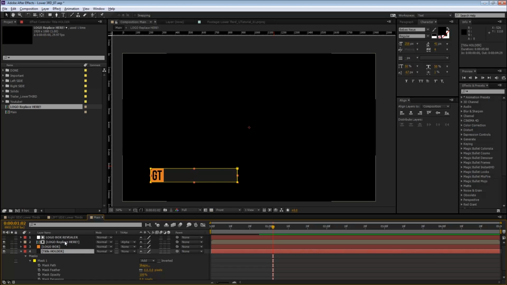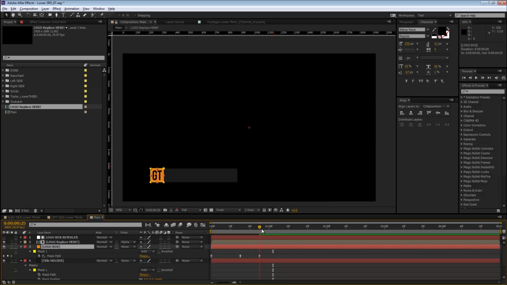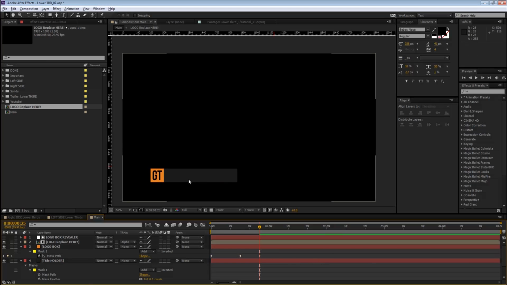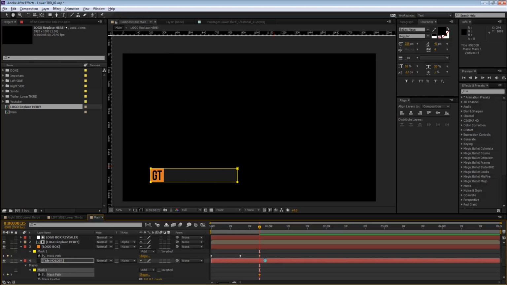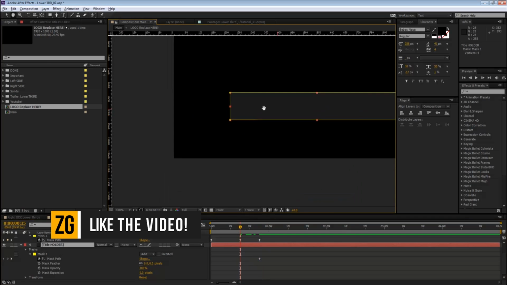But one tip right here is don't do things recklessly. What you can do is click on logo box, hit the U key, and sync your animation or sync your keyframes according to these 3 keyframes. That's gonna help you a little. So again, this is my completed version, so I'm gonna go to 25 frames. I'm gonna start its animation over here, move over here, and this is where you get to be creative, awesome